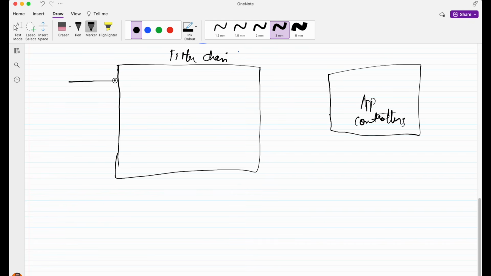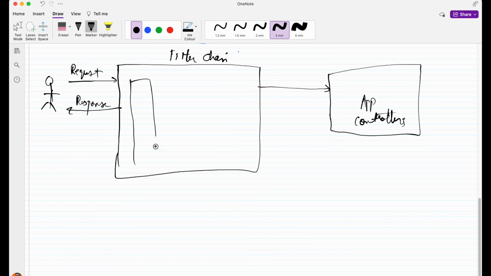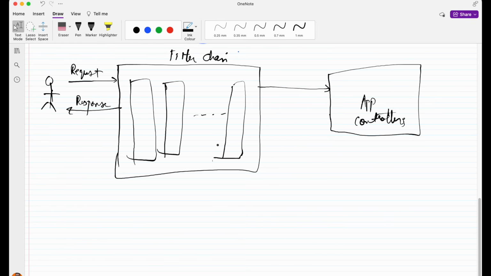So your request comes here and your response goes back to your client. Any request comes here, so let me just draw some filters here. My drawing is really bad, but let's understand that any request and response going to your app controllers,